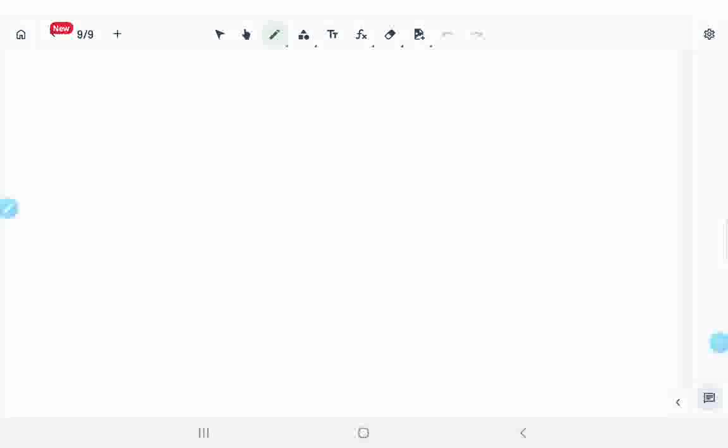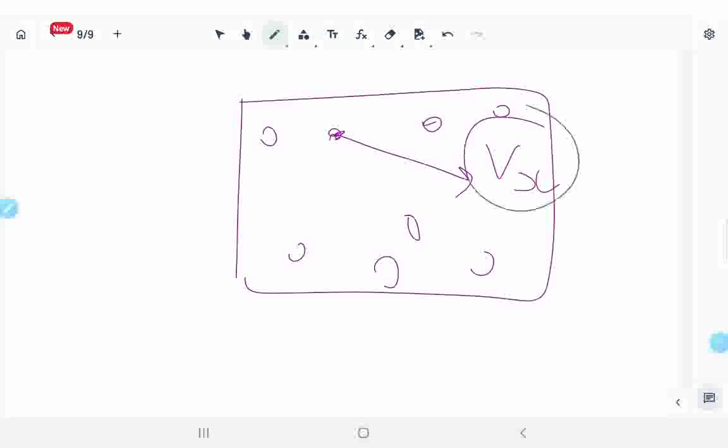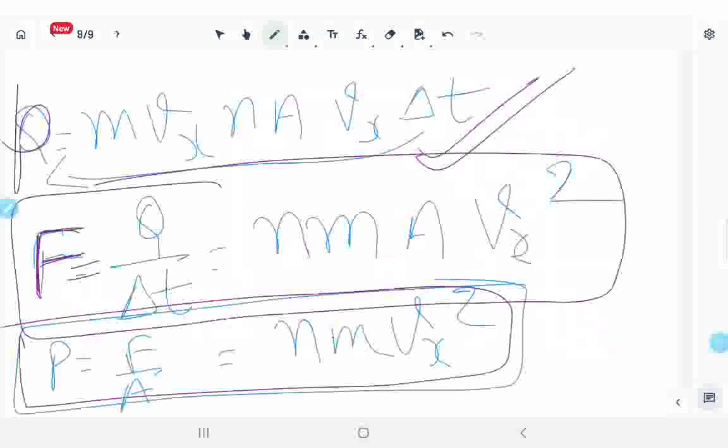Now see what now happens. In this container all molecules are there, not all molecules are moving with velocity vx. I am taking only one component, then we will generalize to all components a common velocity. कुछ ग्रुप्स vx वेलोसिटी से आ रहे होंगे, कुछ ग्रुप्स की वेलोसिटी vx1 होगी, कुछ ग्रुप्स की वेलोसिटी vx2 होगी, कुछ ग्रुप्स की वेलोसिटी vx3 होगी, x कंपोनेंट की बात कर रहे हैं. तो हमने कहा सबकी मीन वेलोसिटी क्या होगी, तो आप लोगों ने क्या किया, इसकी वेलोसिटी को vx मीन ले लिया. ठीक है, अब हम लोग यहाँ पर क्या करेंगे कि जो n m vx स्क्वायर आया है,